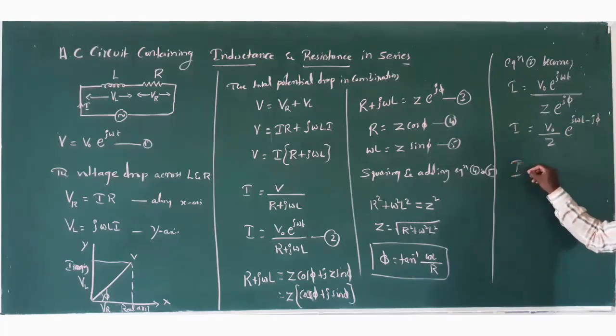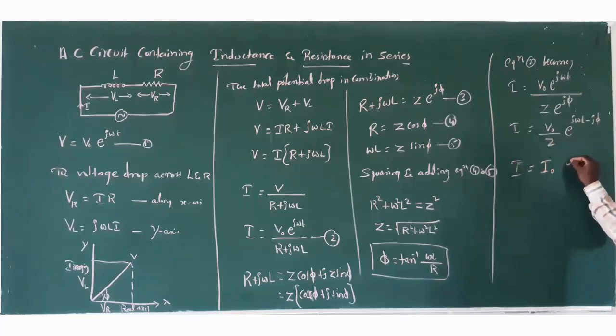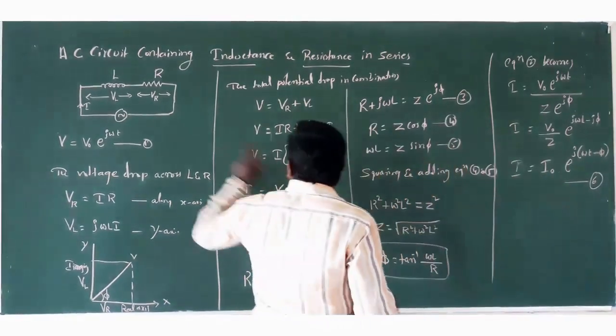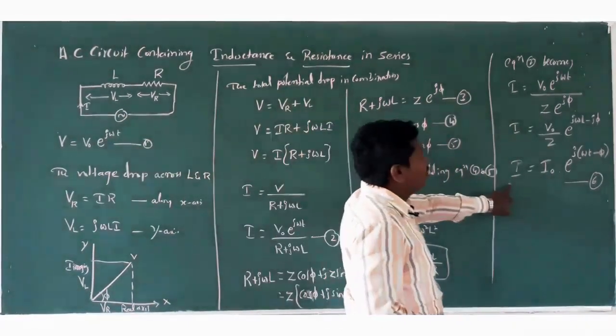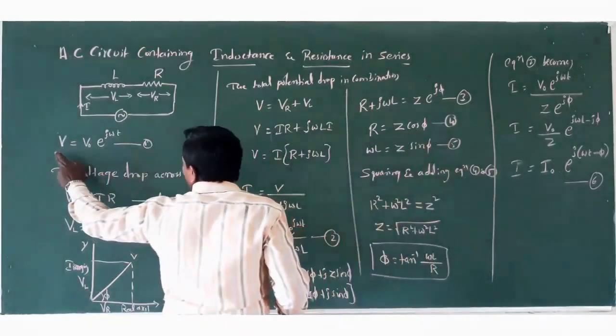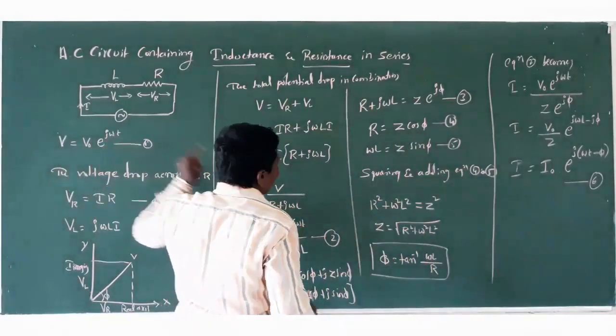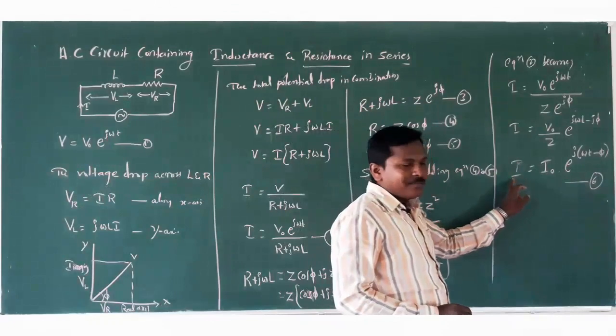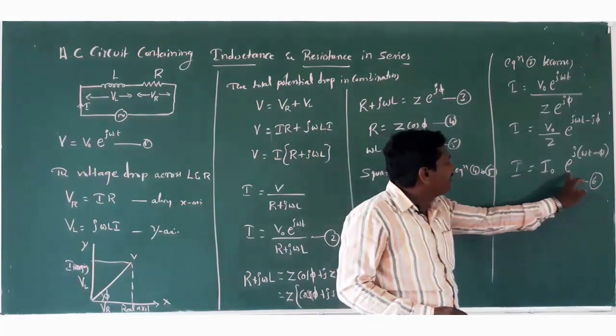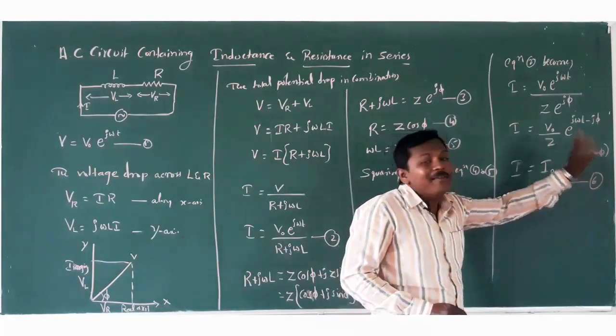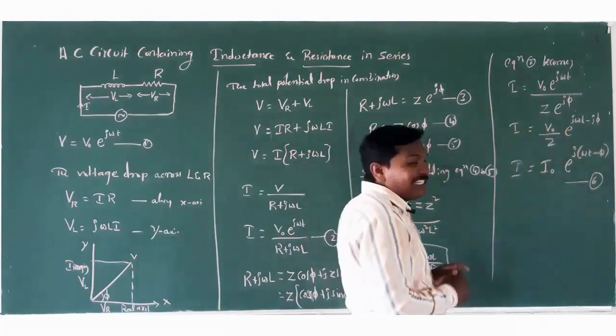Therefore I is equal to V divided by Z, in the sense I naught e raised to j, a common term, omega t minus pi we are going to get. Let us consider this one as equation number 6. So now by comparing equation 1 and equation 6, equation 1 represents V is equal to V naught e raised to j omega t, and equation 6 represents I is equal to I naught e raised to j omega t minus pi, and this concludes that